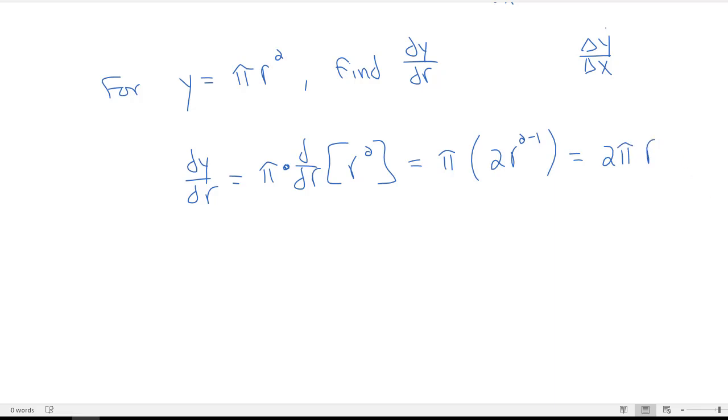Okay. So in these prior two examples, we've used the power rule. We've also used the constant rule, where we take our constant and we pull it in front of the derivative operator. We've also discussed the different types of notation, the prime notation, the Leibniz notation, and then the derivative operator notation. I want to do a couple more examples